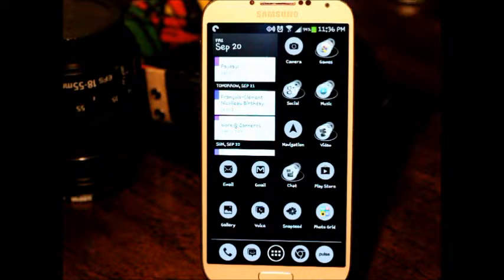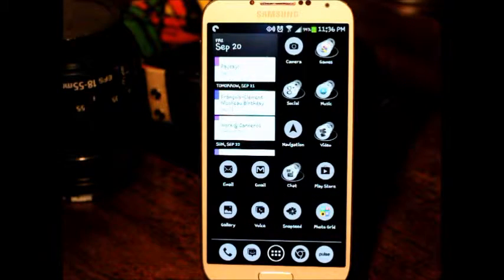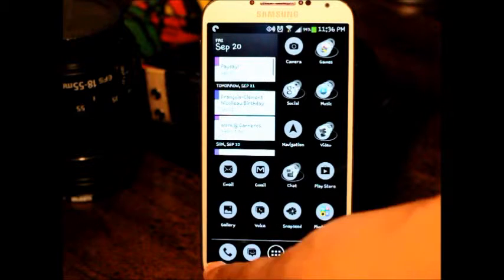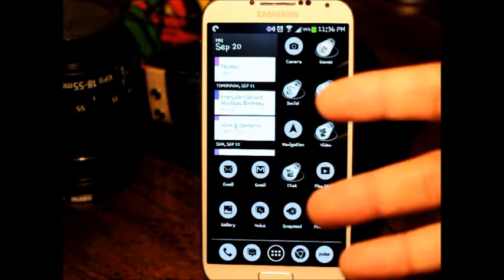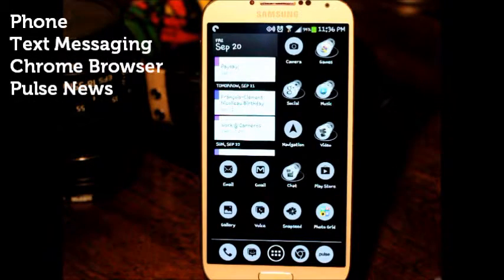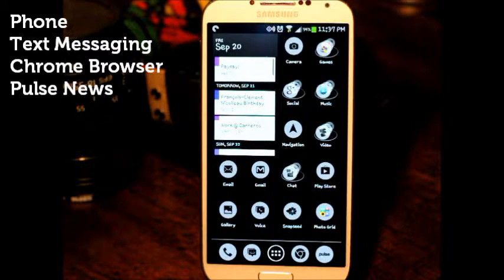Down here, this is kind of a cool feature which I don't use, but down here are the quick launch apps. You have your normal access to all your different apps here, and then the 4 main apps that I use on a regular basis: phone, like I said, text messaging, Google Chrome, and then for my news every day